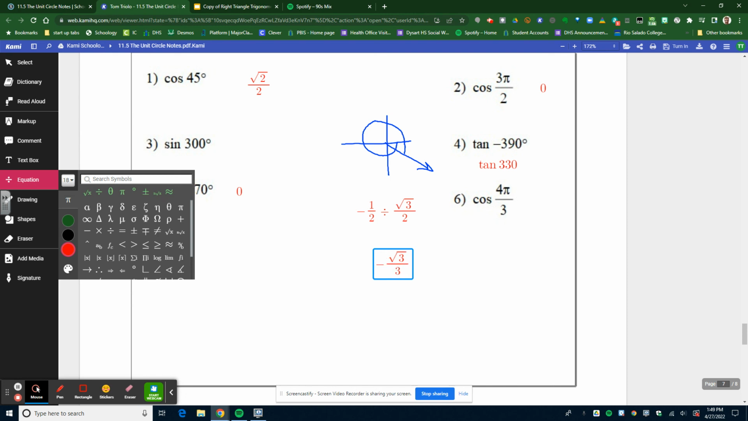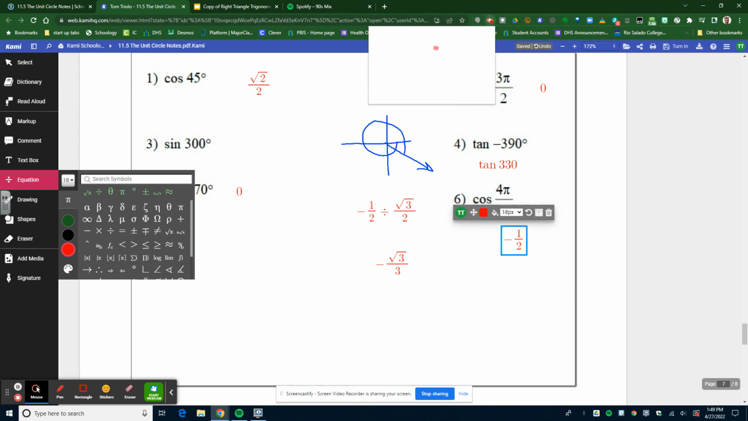Okay. 4 pi over 3. What's the x value? Negative something. It's either 1/2 or square root of 3 over 2. 1/2. Okay. That's it. I am now going to show you a